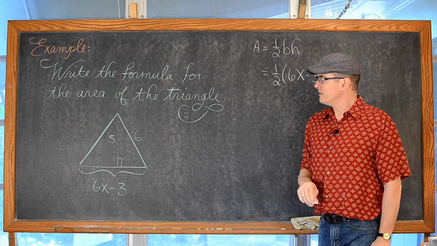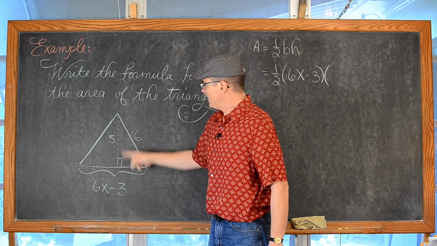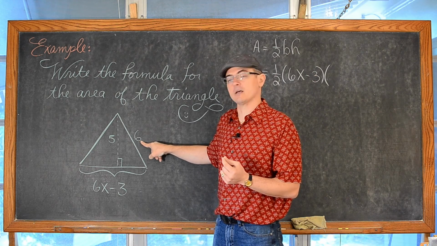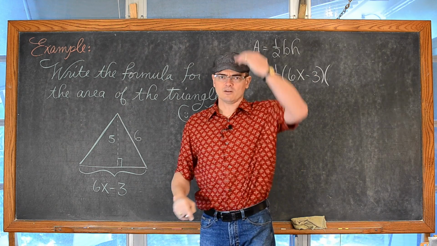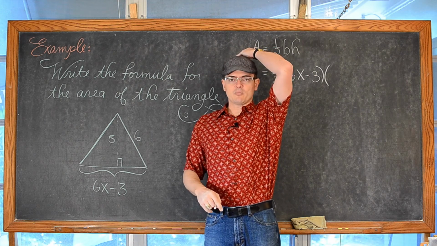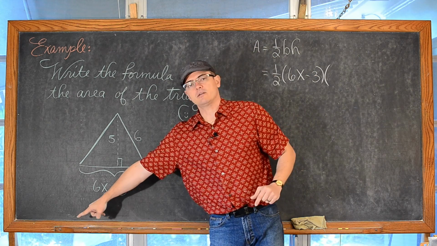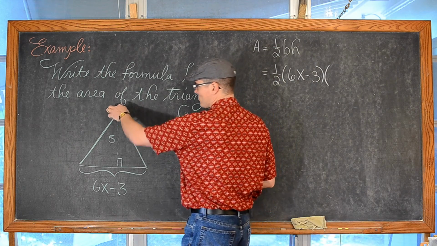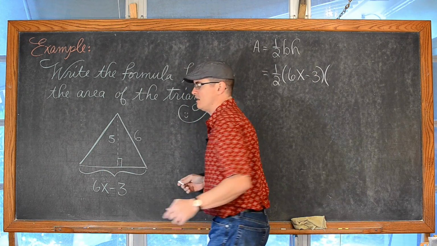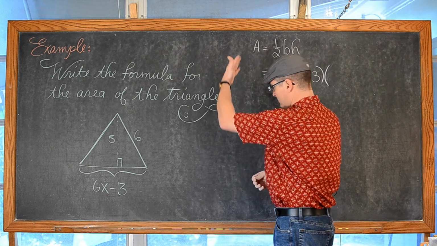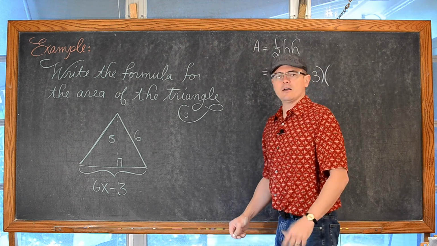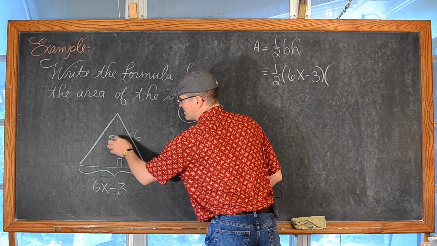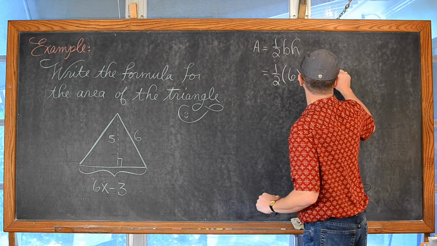And now we have the height. Well, I kind of already gave it away that this is perpendicular, but some students will accidentally use the 6 as the height. But when you measure your height on the wall, you don't put a mark on the wall and then go down at an angle. You might be like 20 feet tall if you went slanted enough. You have to go straight down, perpendicular, 90 degrees to the base, or if you're measuring your height, to the floor. Unless somehow you can stand on the wall and do it sideways. But the point is here, this is going to be 5. The 5 is the height, not the 6.